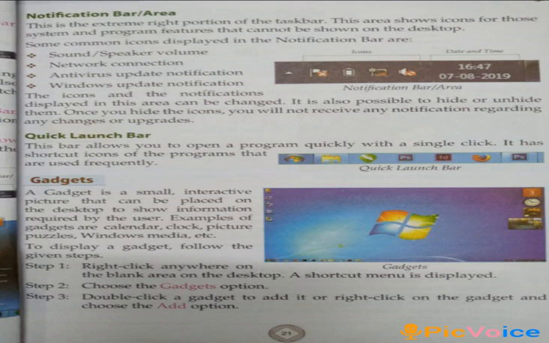Page number 21. Notification bar or area. This is the extreme right portion of the taskbar. This area shows icons for those system and program features that cannot be shown on the desktop. Some common icons displayed in the notification bar are sound or speaker volume, network connection, antivirus update notification, Windows update notification.